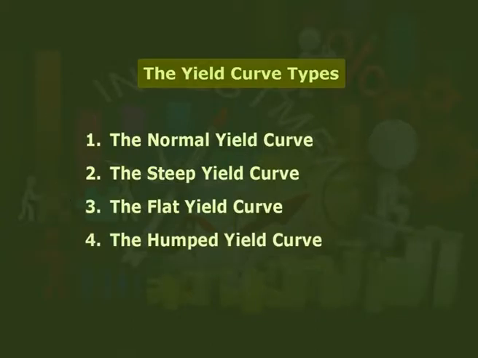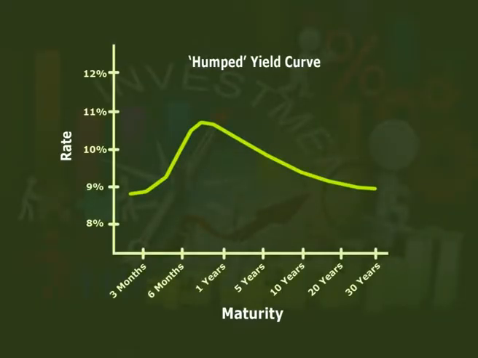The humped yield curve. We can observe a hump in the yield curve when short and long term rates are closer to each other as compared with medium term rates. It is commonly seen when there is fluctuation, that is, an increase in demand or decrease in supply of long term bonds. Say, for example, a 30-year treasury bond is always more preferable than a 20-year treasury bond, resulting in a humped yield curve for treasuries.